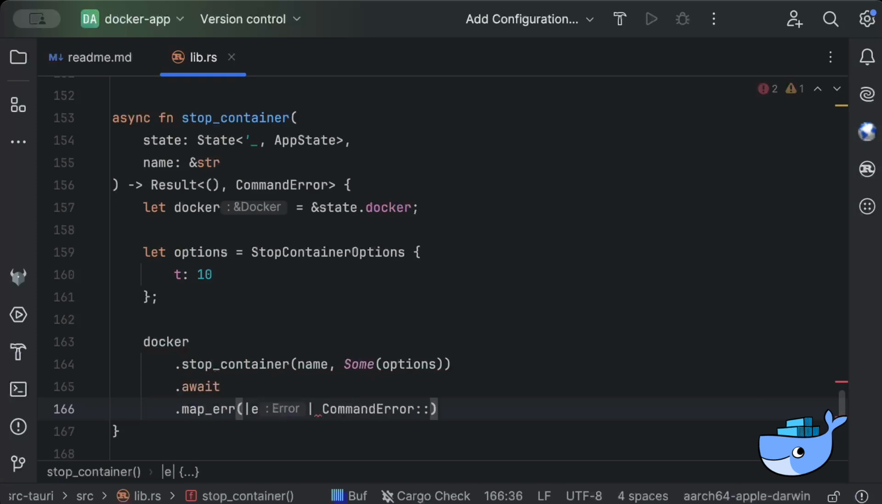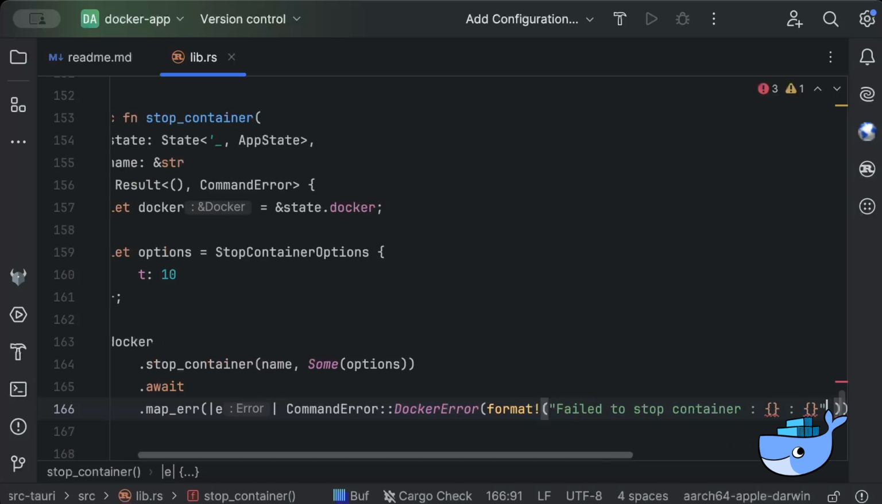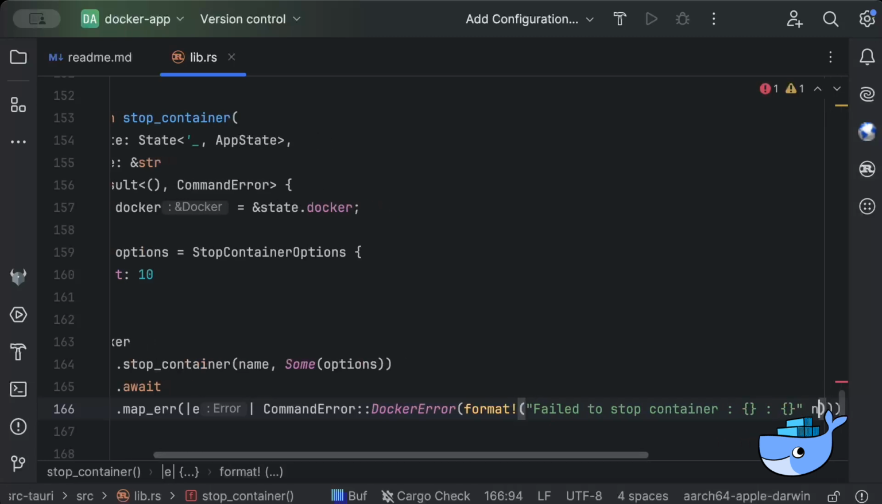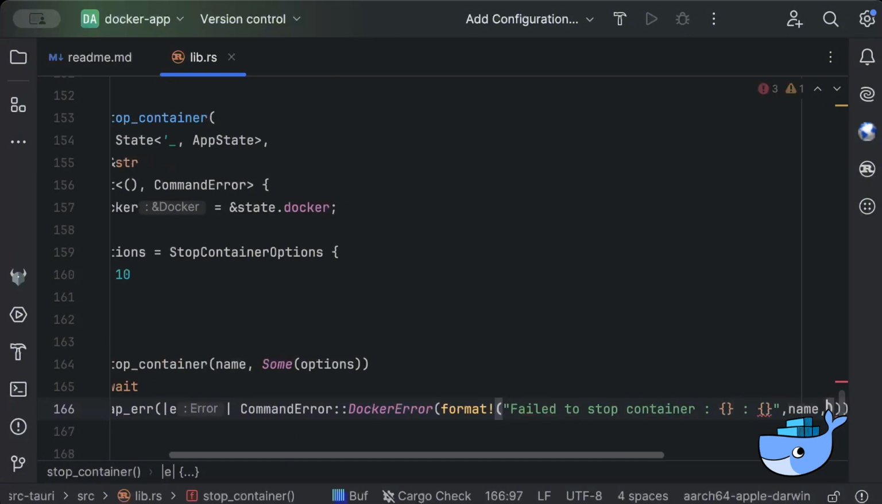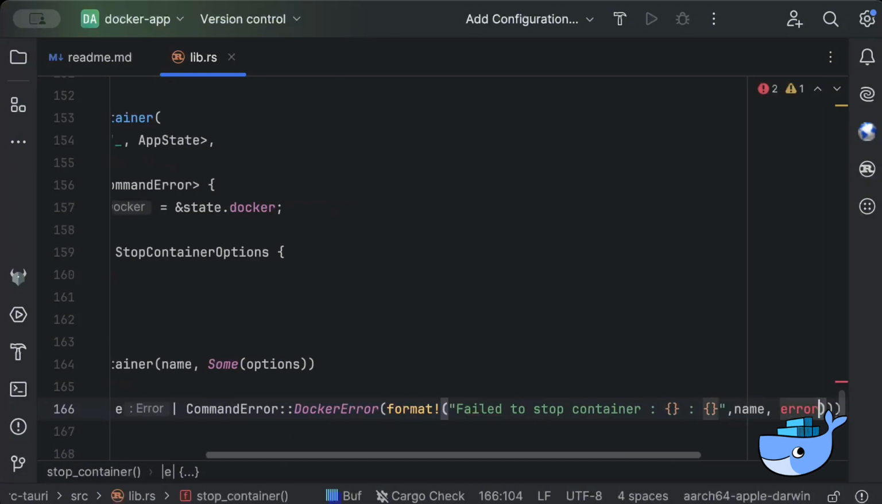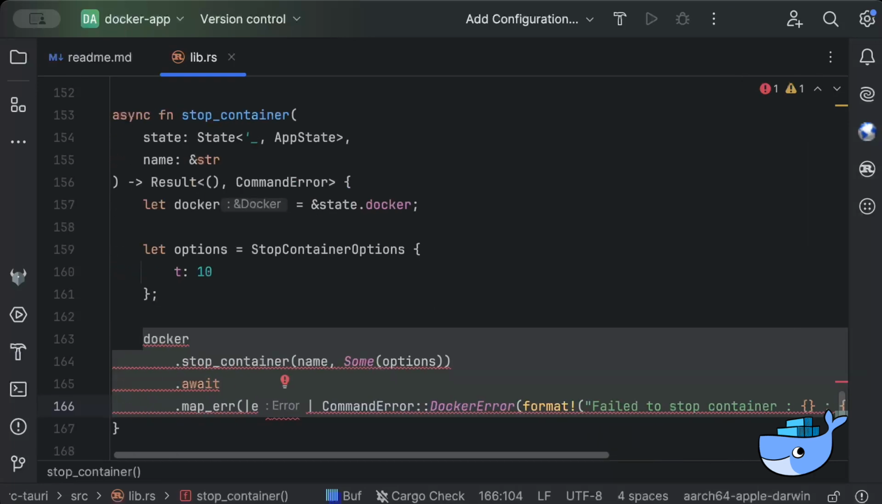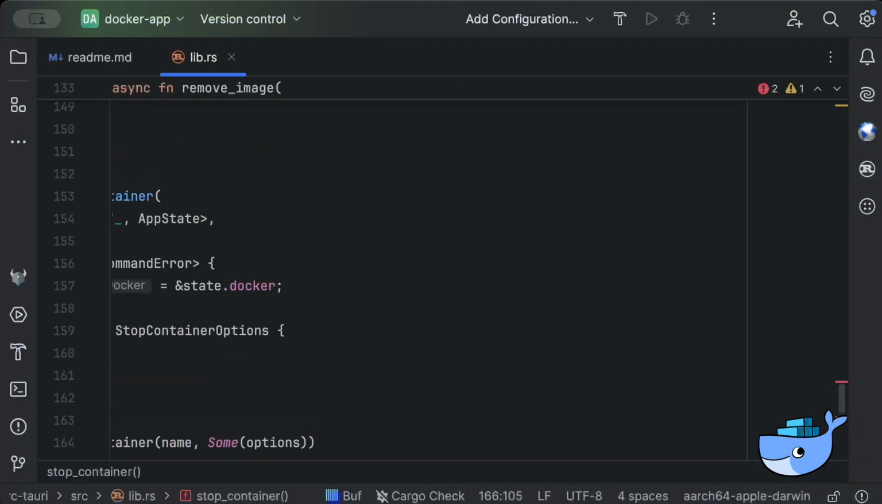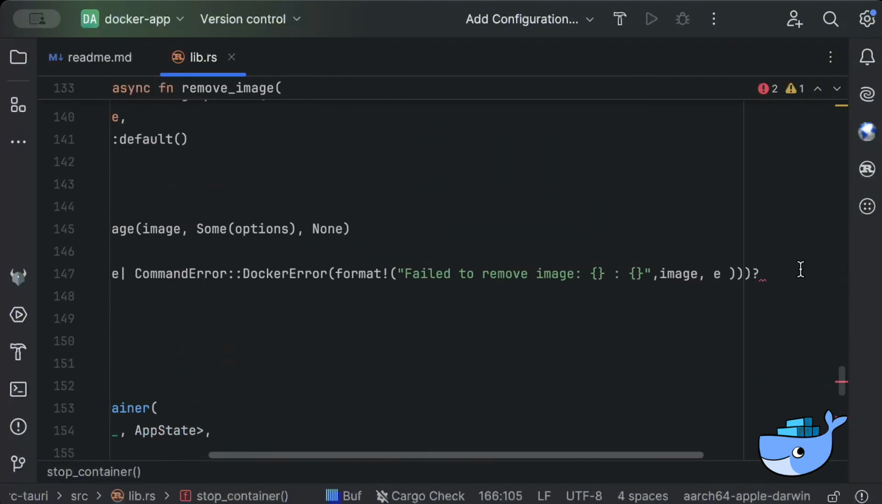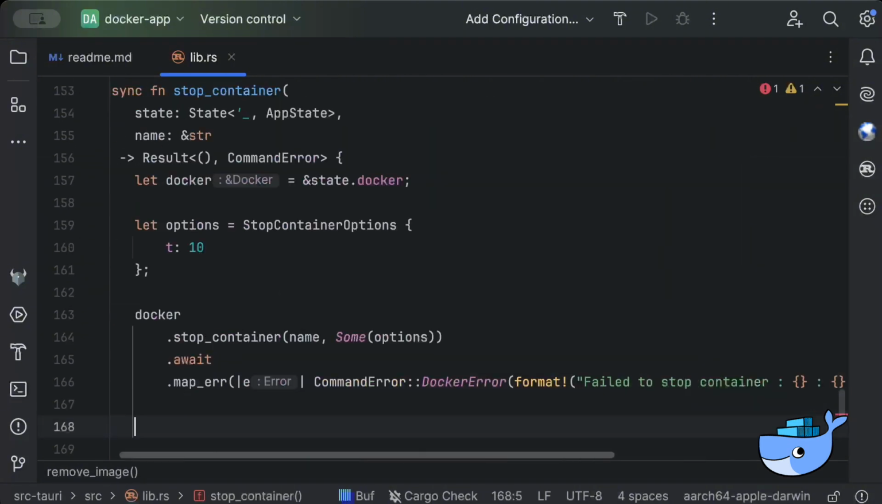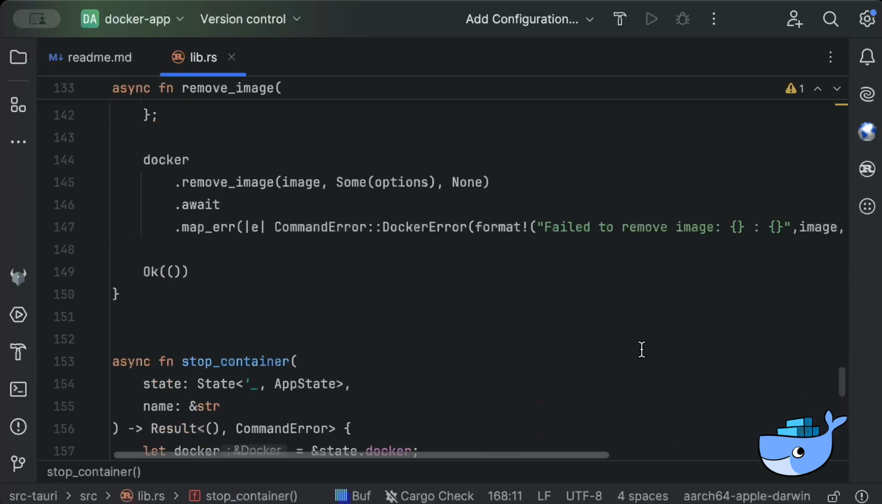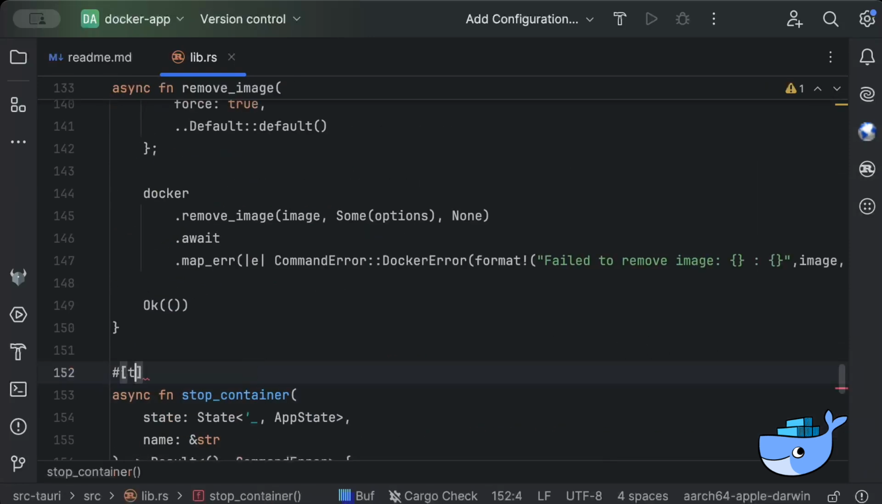CommandError::DockerError, format, failed to stop container, name and error. So name and error, and just go ahead and Ok of unit. So this is our stop container. Let's make it a Tauri command,